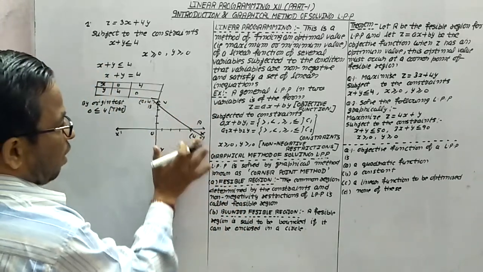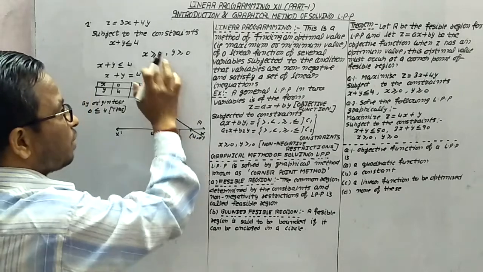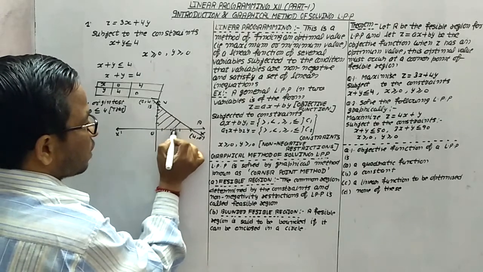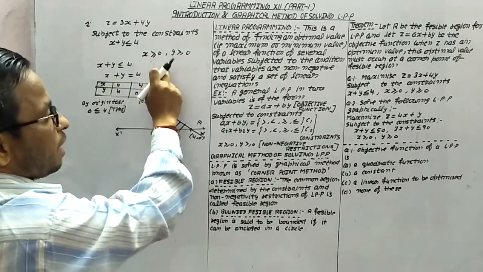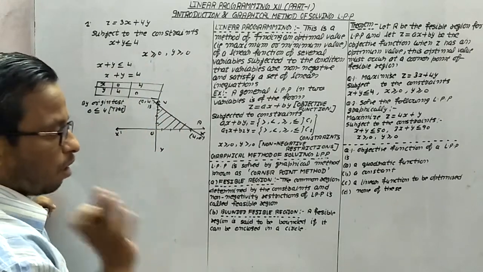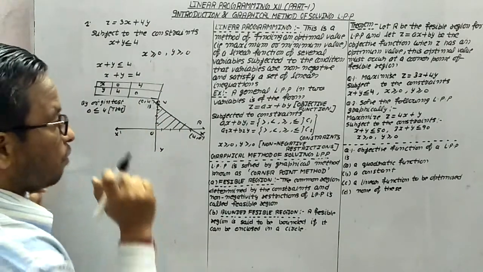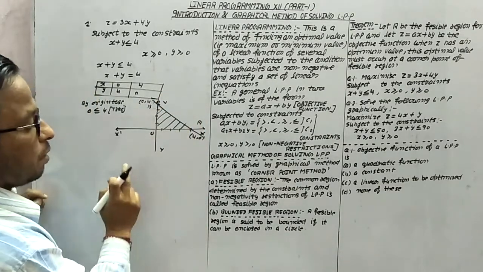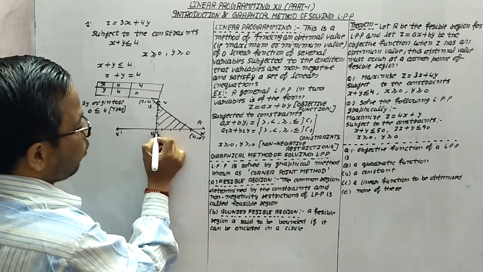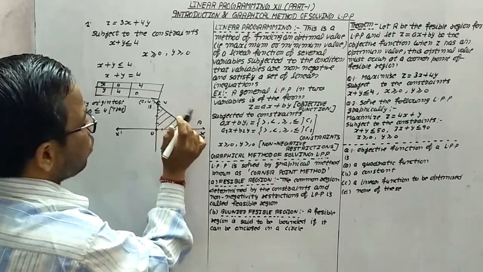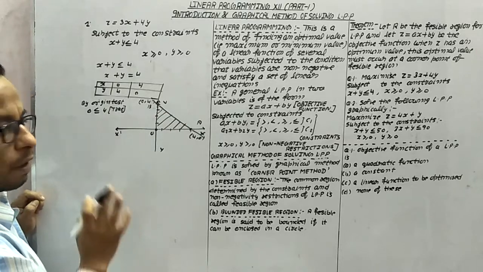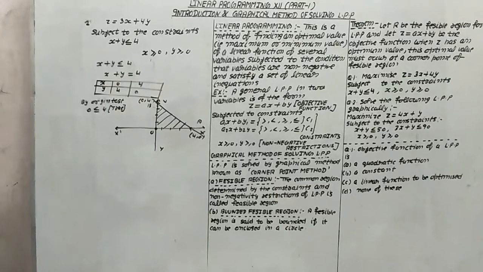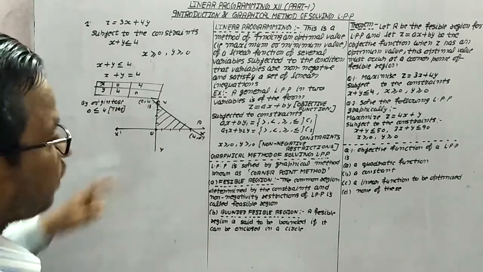Now this is the graph. Look at this. Using this graph and these conditions, we will get this feasible region bounded by these constraints and these non-negative restrictions. Now, according to the corner point method, we have to select all the points which are coming at the corners of this bounded feasible region. So one point is (0, 0), one point is (4, 0), and one point is (0, 4). Now, after doing so, we have to find out the value of the objective function.